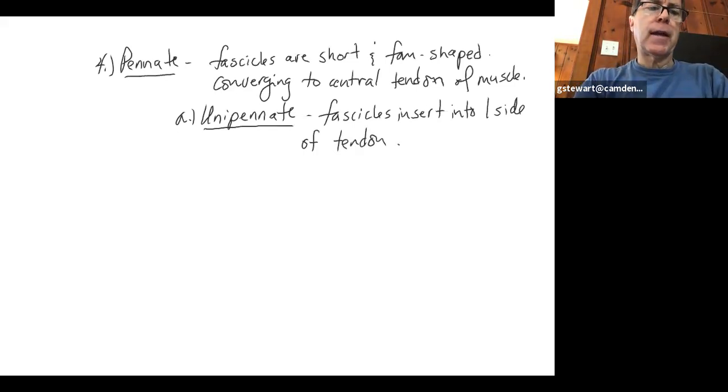And they tend to look like this. The example your book gives you is the extensor digitorum,